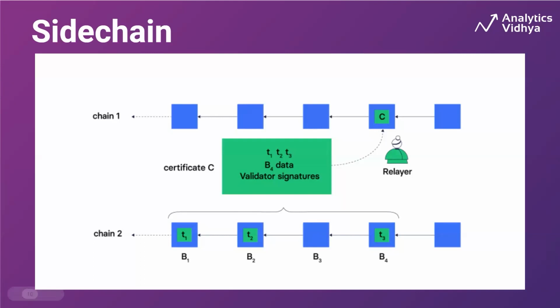Here are chain 1 and chain 2. Chain 1 is the main chain, and chain 2 is the sidechain, like the Polygon chain itself. That Polygon chain maintains the Merkle tree of transactions. Those 100 transactions are saved into one block in chain number 2. That will be the second block, third block, fourth block. In this way,